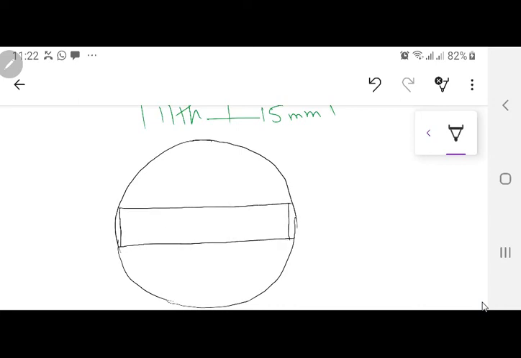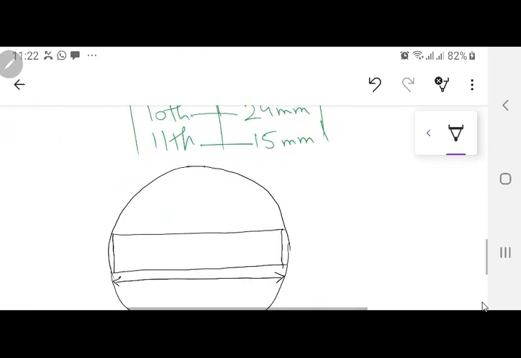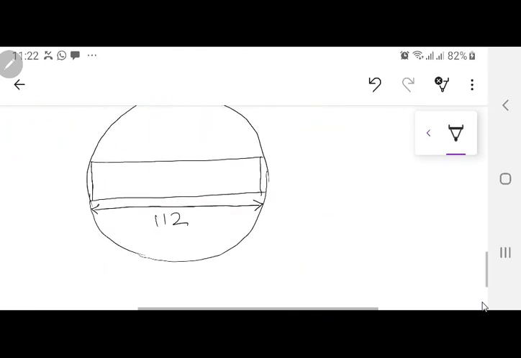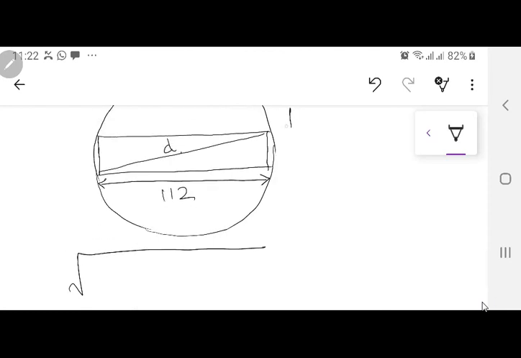Now in this first step you know this distance. What is this distance? We already know 112. So this is equal to 112 mm. This is the center. I know this is equal to D, and what is that D? 115. Now I'm not going to take that angle theta for which I did the calculation. I am going to use a simple Pythagoras over here, because Pythagoras is going to give me a right angle triangle. So I need to find out this over here.